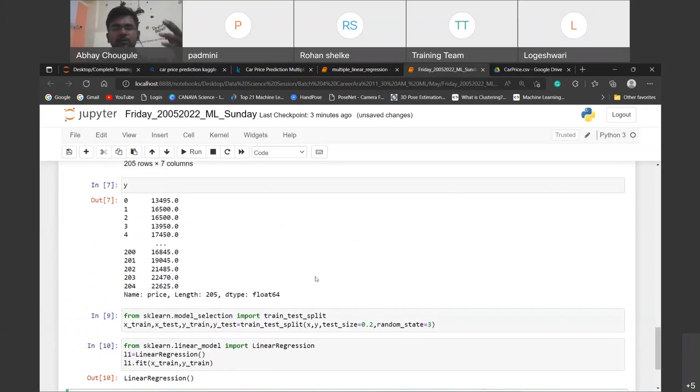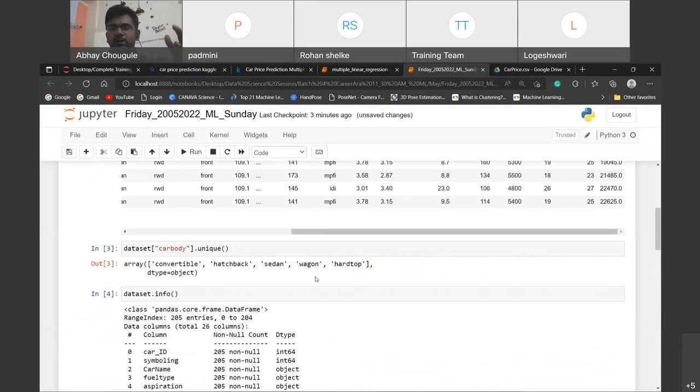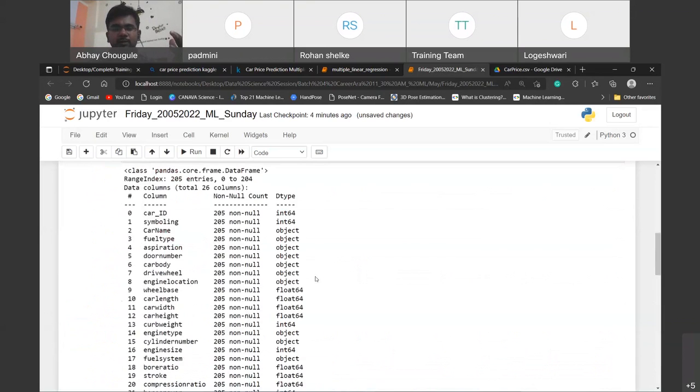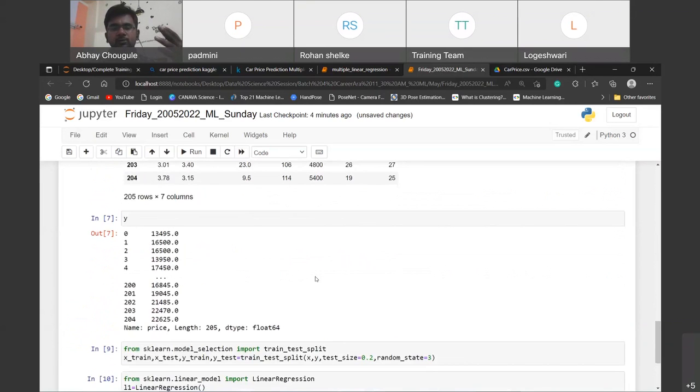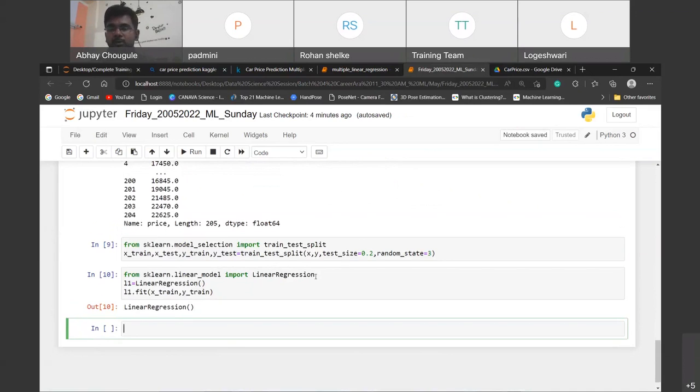The first step that we have done is loading the data set. Second step, we have sliced the data into independent variable and dependent variable. Third, we have done the training and testing work, which means we have created a training set as well as a testing set. Training set is for training the model, testing set is for testing the model, right? And then train test that data,